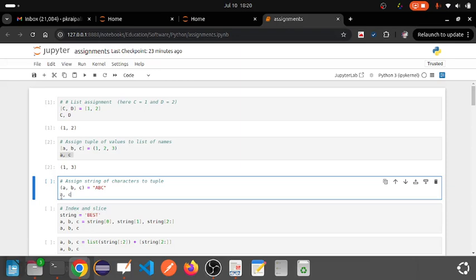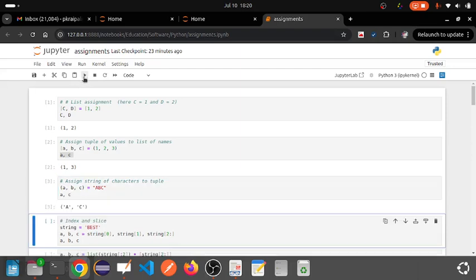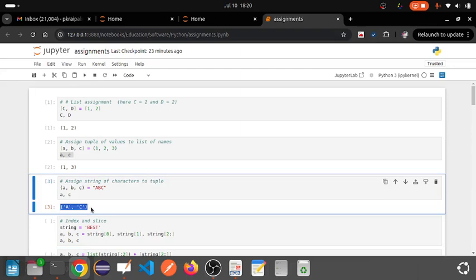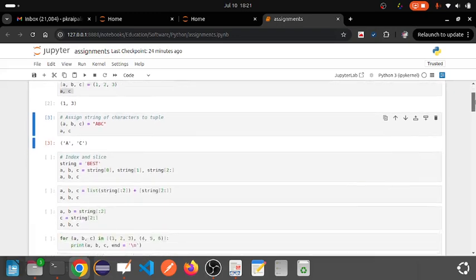Otherwise, if we want to print output of elements in the middle of the cell, we must use the print command. So this a comma c will be a tuple. You see here capital A comma capital C, means small a is equal to capital A, and small c is capital C. Like the next program here,